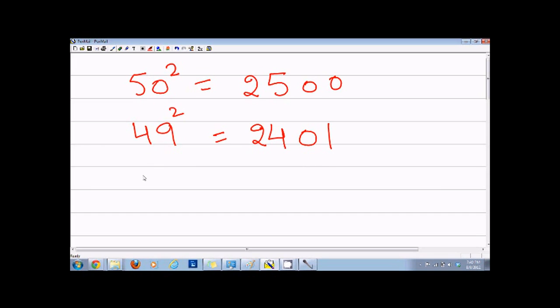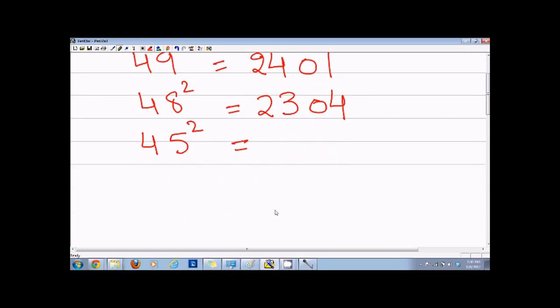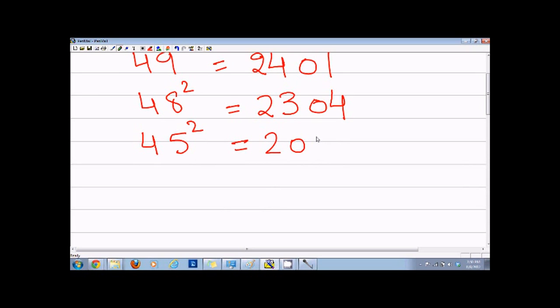Again, if I have 48, what I'll do is subtract 2 from 25, that is 23, and then take the square of 2, which is 4. So the answer is 2304. This is a quick method, so you can square any number which is close to 50. Same thing, if I have 45 square, then I'll subtract 5 from 25, that will be 20, and then take the square of 5, that is 25. So the answer is